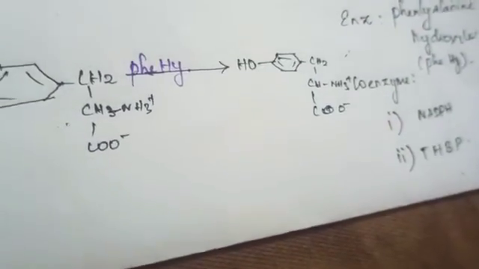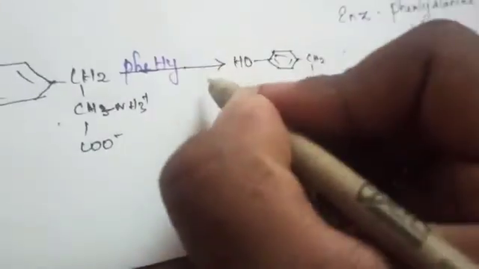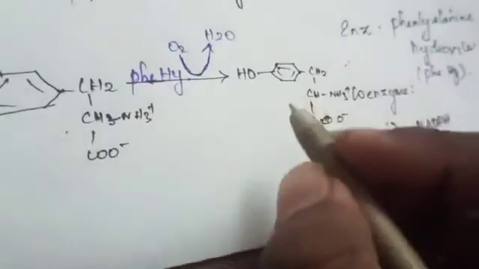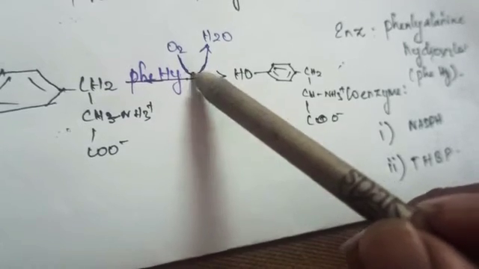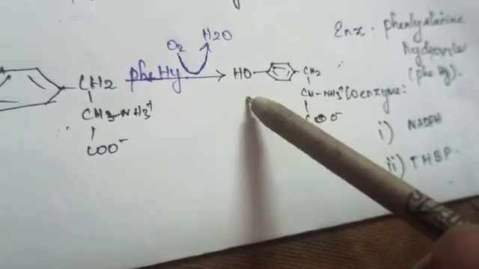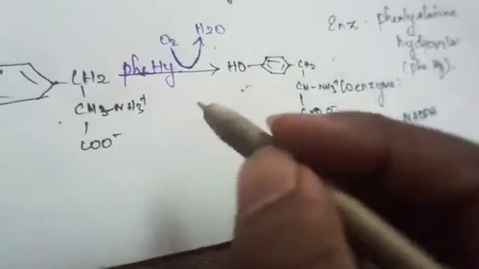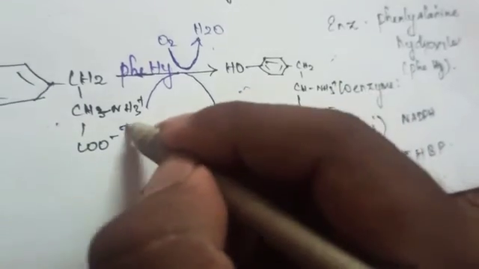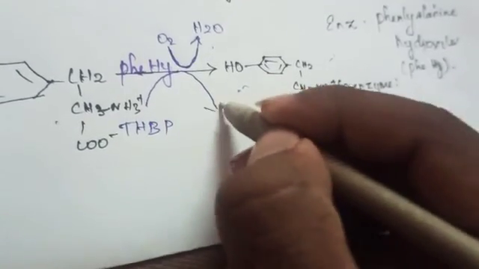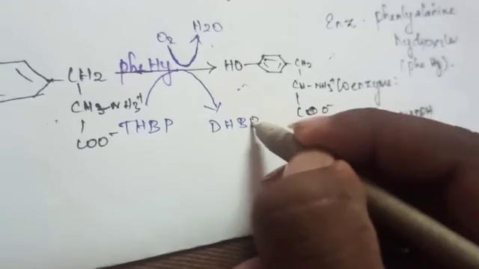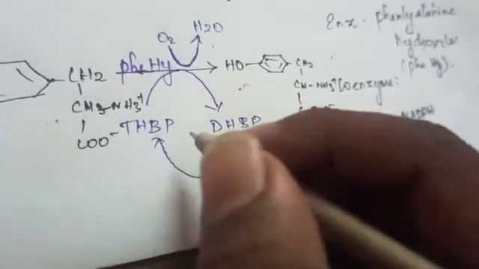What happens here actually? Here there will be an addition of an O2 molecule, and that O2 molecule will get converted into H2O. Okay, this enzyme is a monooxygenase enzyme. In this O2 molecule, one of the O atoms will get attached to form the hydroxyl group and the other to form water. Okay, that is reduction. And here the coenzyme is tetrahydrobiopterin, which will get converted into dihydrobiopterin. The coenzyme is regenerated back with the help of an